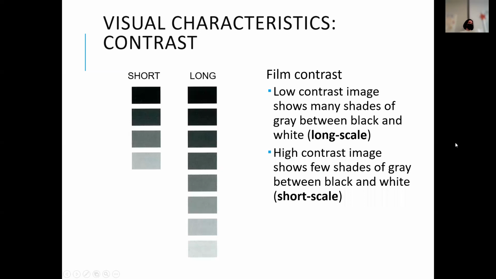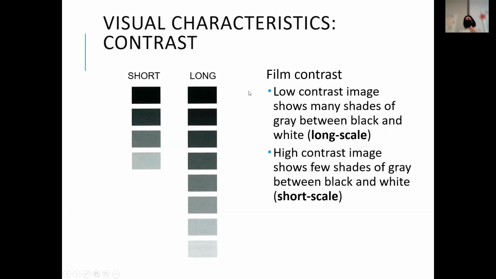What you have to think about when you think about the variation between long and short is, if it is low contrast, then between every step, darker to lighter to lighter to lighter, it is a mini step between each. You can think of it like a rung of a ladder, and each step you get progressively lighter or darker. So that is a low contrast,